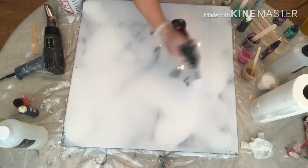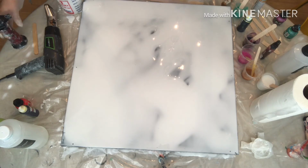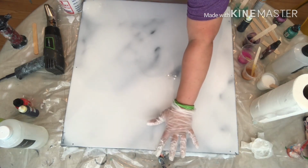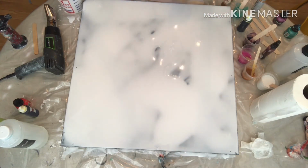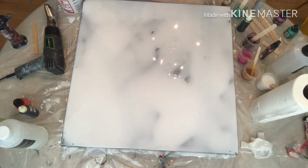Now I am going to do some tilting, so I'm not going to be so particular about the coating of this, although I just saw something. Oh my god, this is just junked up. It's probably more noticeable because it is a black background. I've never. Alright,